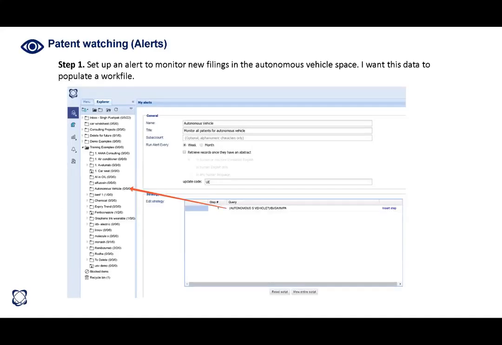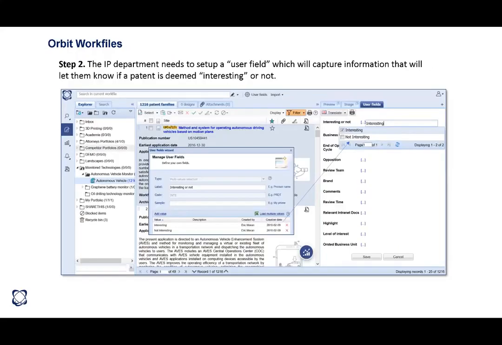To do this, we use the alert system, wherein an alert for a specific assignee name, keywords or classifications is created, and those alerts are delivered to a specific work file. For example, I created an alert, and those are delivered to an autonomous vehicle work file, which has two user fields, one saying interesting and another saying not interesting.